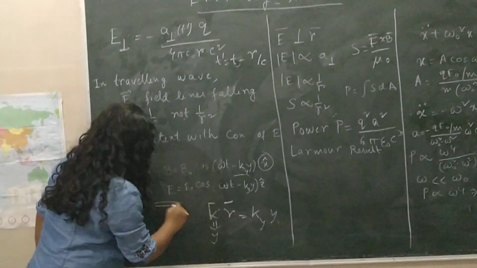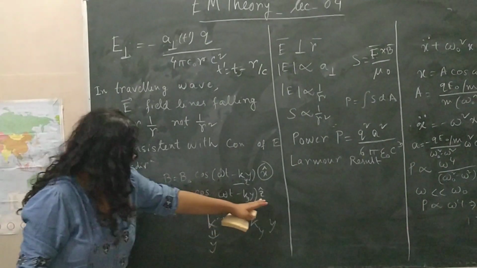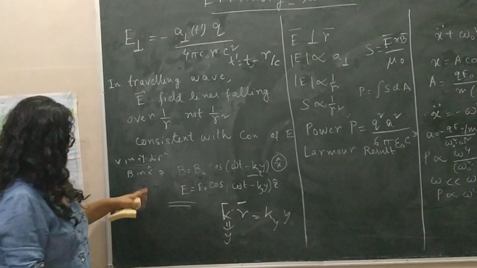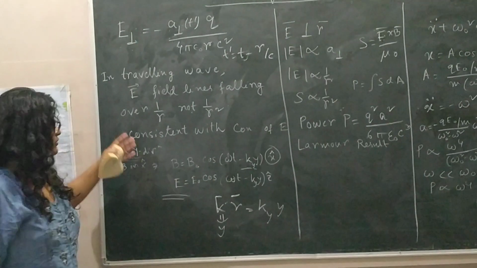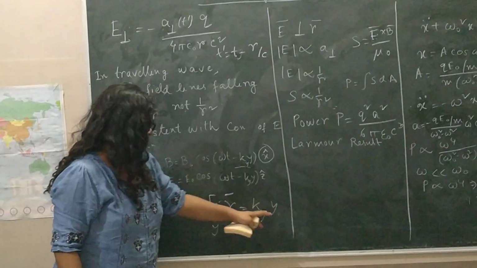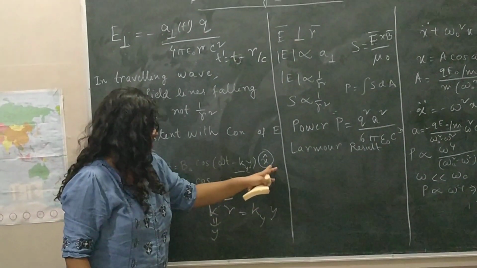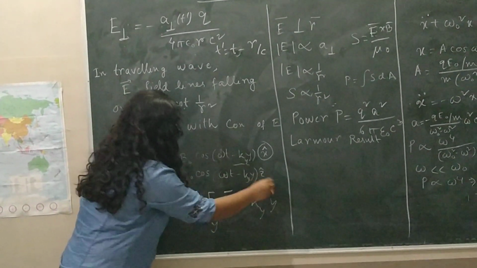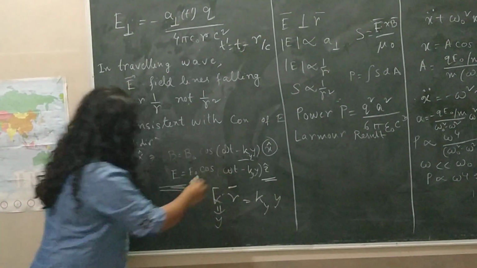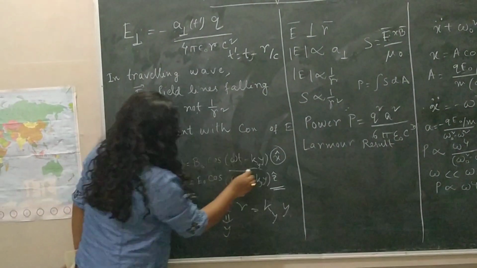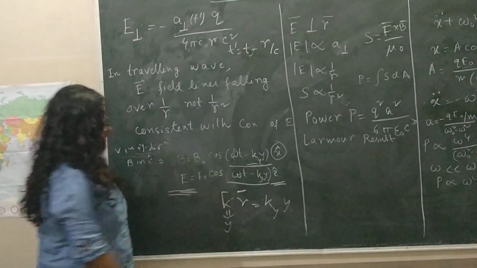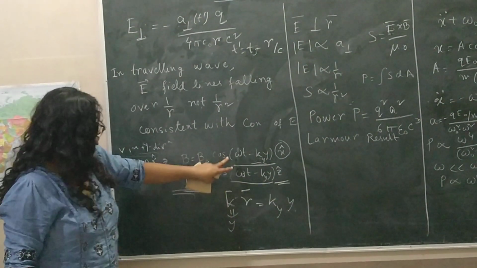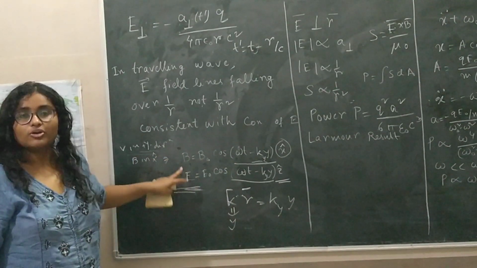So you have to find the electric field. The direction of the electric field will be along z, because from E cross B you get the Poynting vector S, that is the energy flow direction, and z cross x is y. So the electric field is along z cap, and since this is a plane wave, the phase omega t minus ky y is the same for the E and B fields because they are in phase.